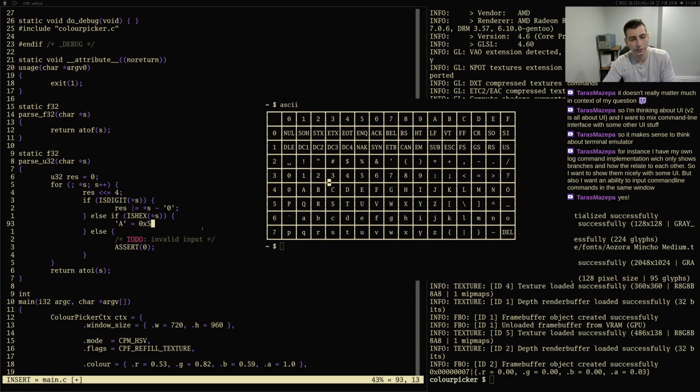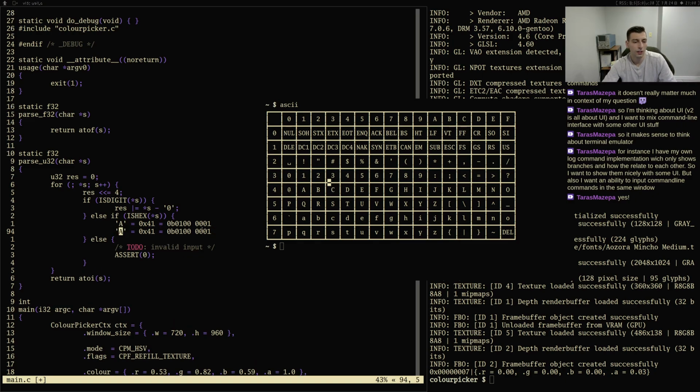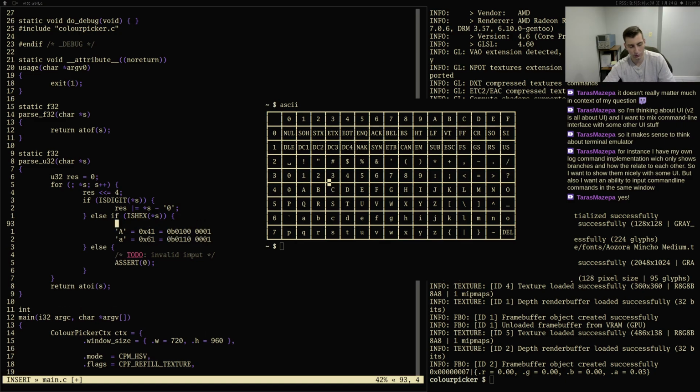capital A equals 0x41, which equals 0b 0 0 1 0 0 0 0 1. Then lowercase a is equal to 0x61, which is this. So that bit, which is bit 5, so 0, 1, 2, 3, 4, 5. So if we toggle bit 5, if we set bit 5, so